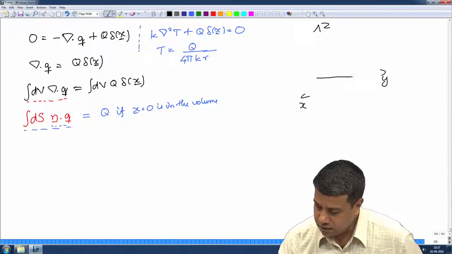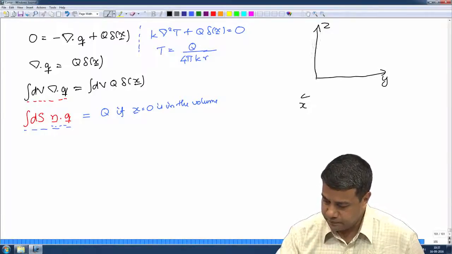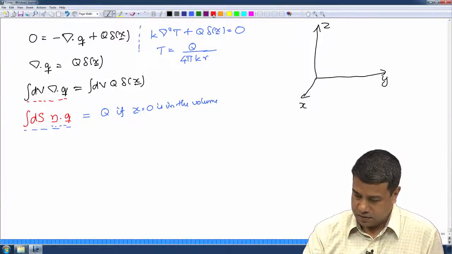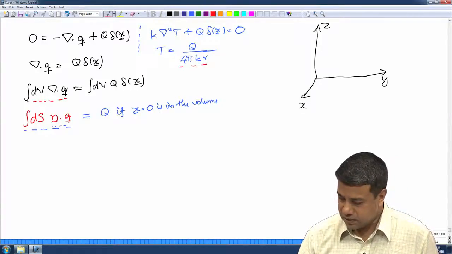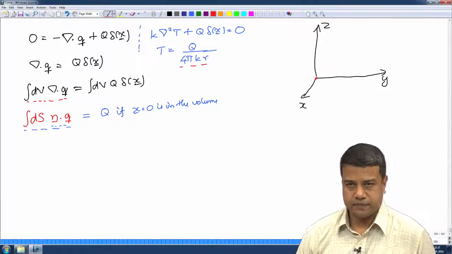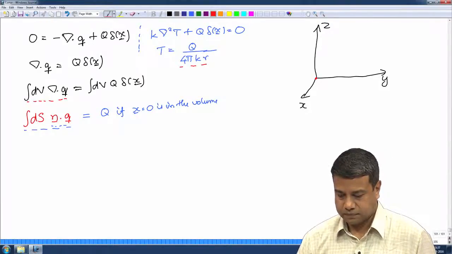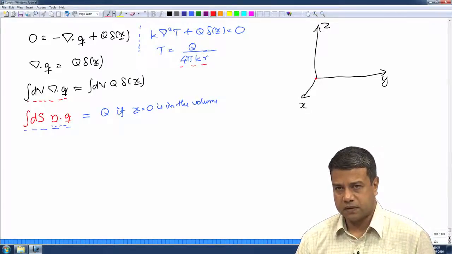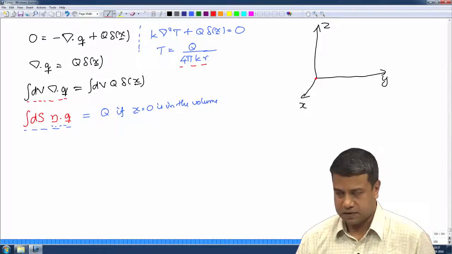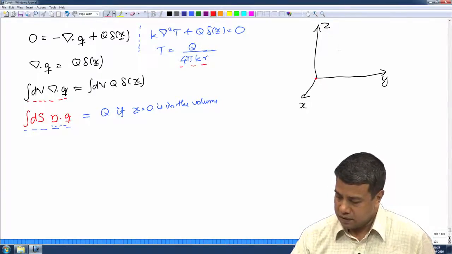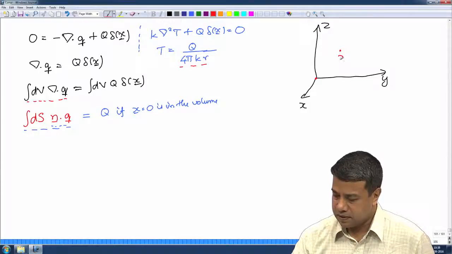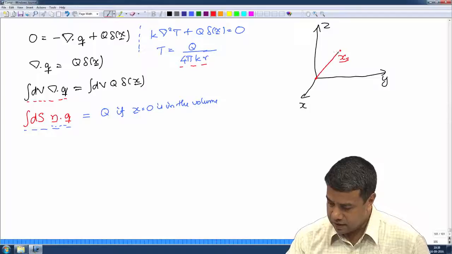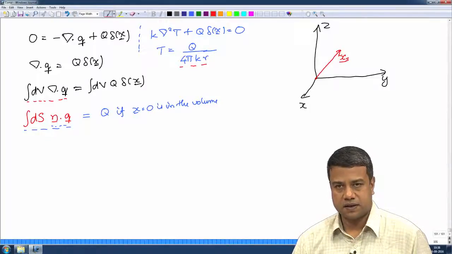Now, how can we use this? So, this solution was the temperature field due to a point source at the origin. It is called the Green's function solution, but I will just look at it as the solution due to a point source. If the source were located at some other location x s, where x s is the vector to the source point,